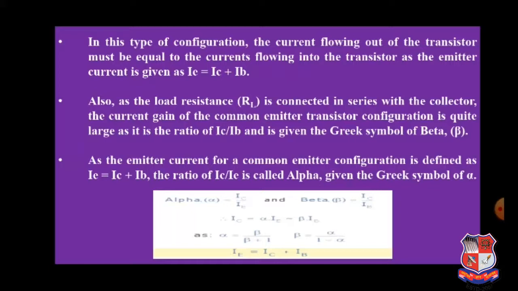Earlier we have seen the primary configuration where the base terminal was grounded. Here the emitter terminal is grounded. So now the remaining one, that means the common collector transistor, we will also consider from the GTU examination point of view, as well as we will also analyze how this circuit behaves when the collector is grounded, and that will be quite interesting to observe because the most important factor is now going to be grounded.